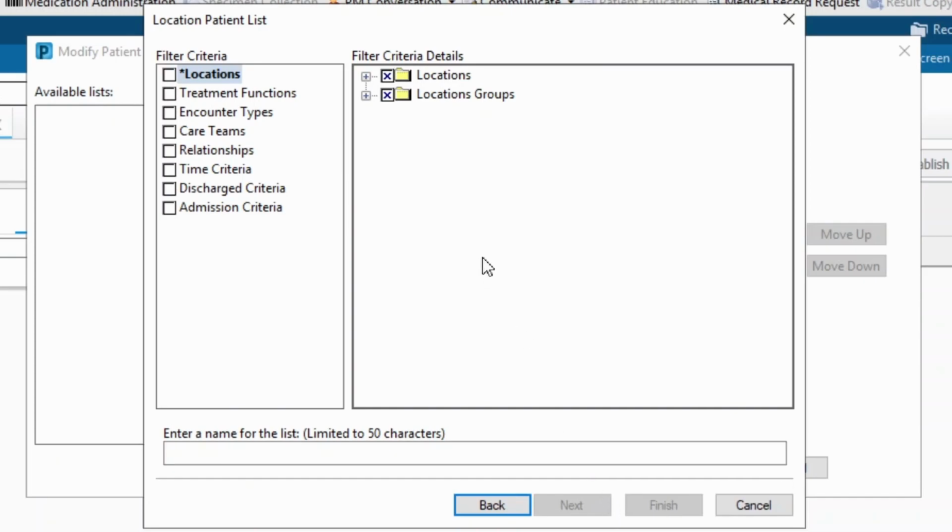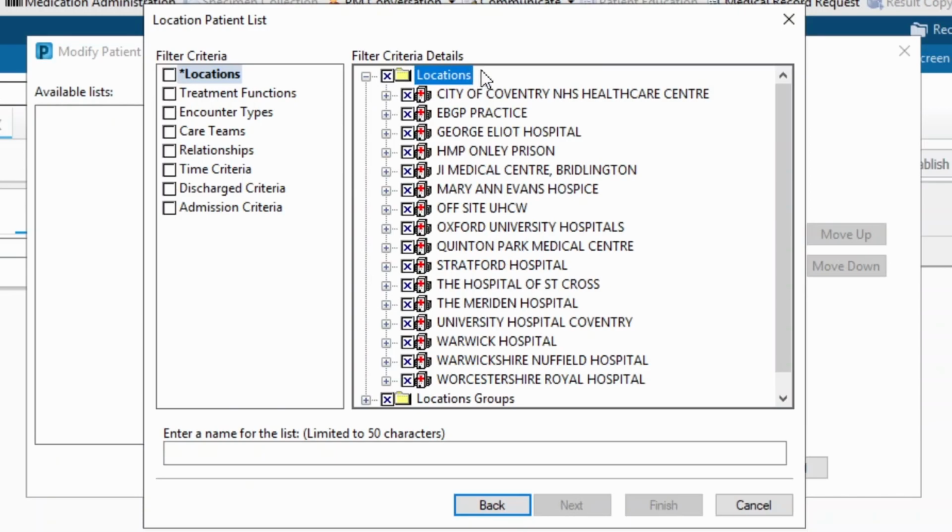We then need to drill down to narrow down the location that we're using. And first of all, we need to select the appropriate site. So next to the location folder, click on the plus icon, and you can see that we have a number of different sites that we can use. We will be using an inpatient ward from University Hospital Coventry, so again we'll click on the plus icon,